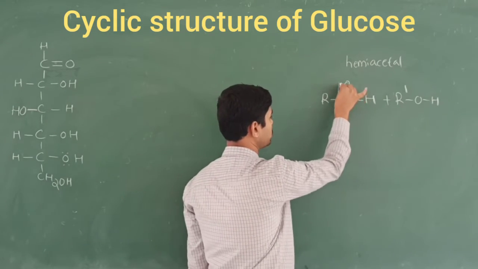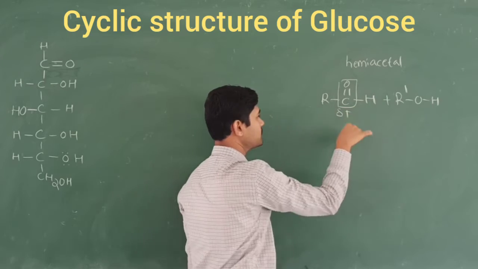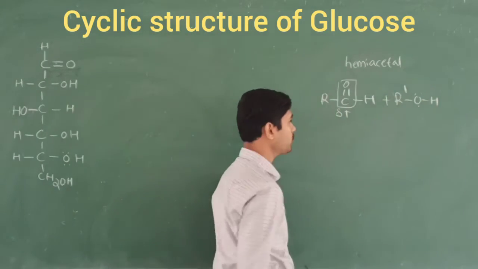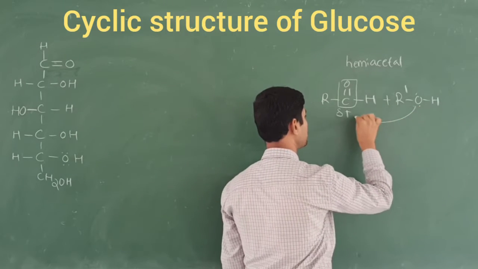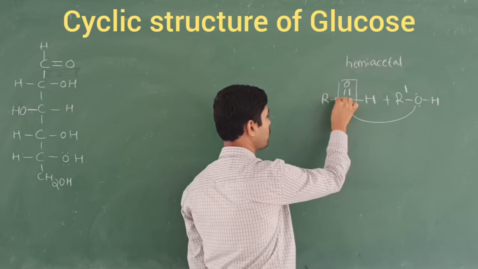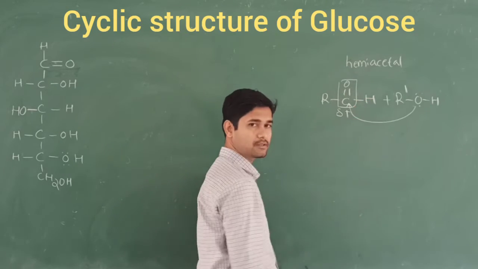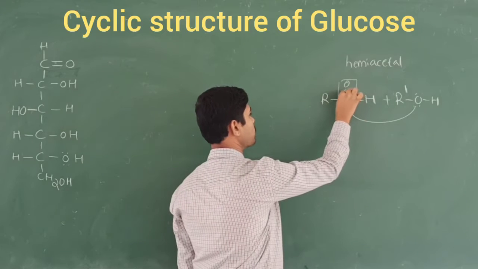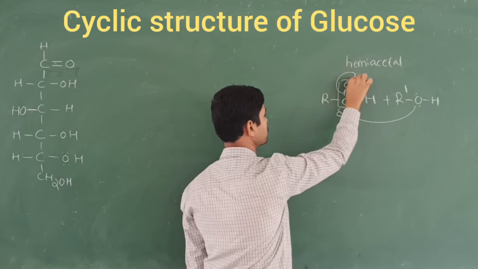So what happens here? You know this carbonyl carbon is slightly positive (delta plus). The lone pair of electrons present on the alcohol oxygen attacks this carbonyl function. Now it becomes a five-bond carbon: 1, 2, 3, 4, 5. Carbon is stable with four bonds, tetravalent, right? So that's why this pi bond migrates towards the O side.